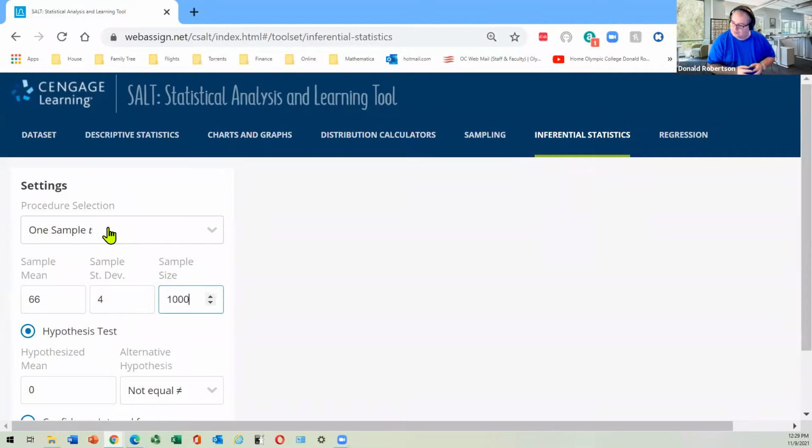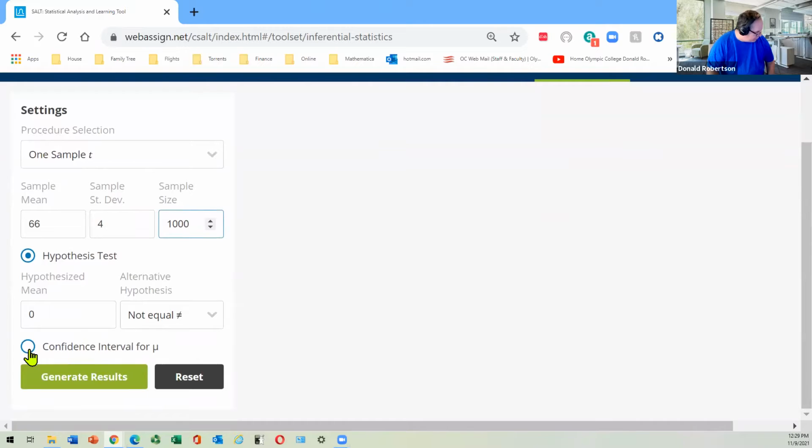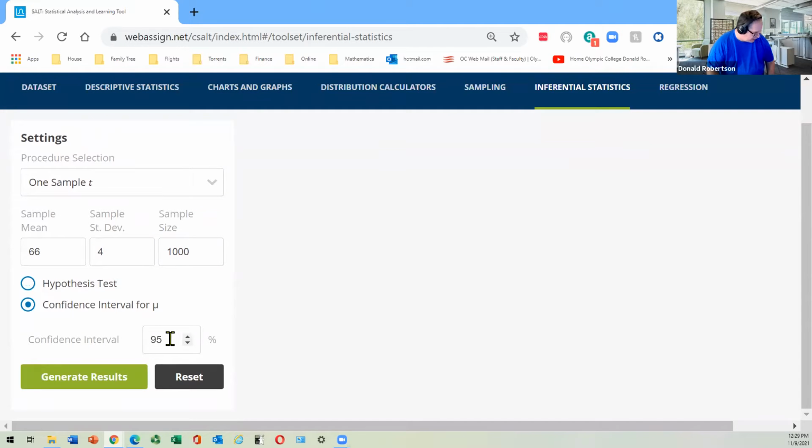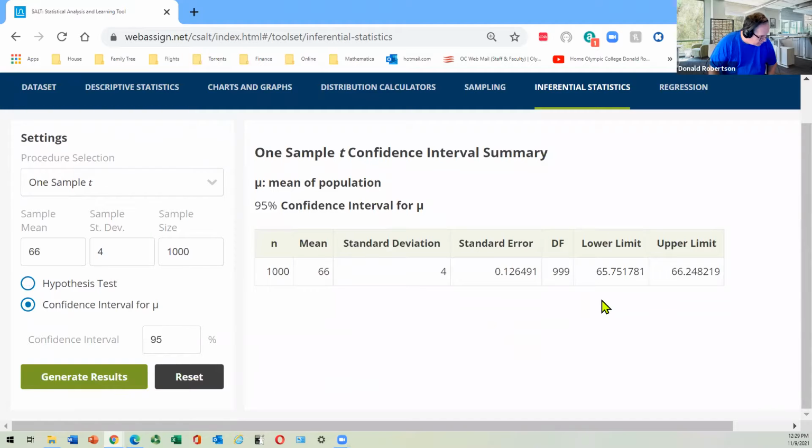Just play safe, pick that one. Now, confidence interval, and 95% is already there. So I'll generate the results. And I get that the confidence interval was 65.8 up to 66.2. Right, so let's go back and see what that looks like.